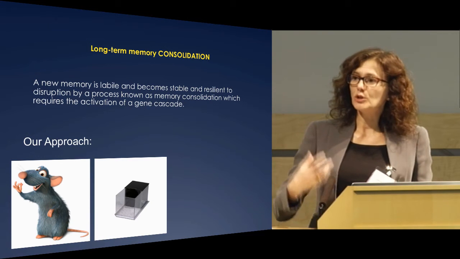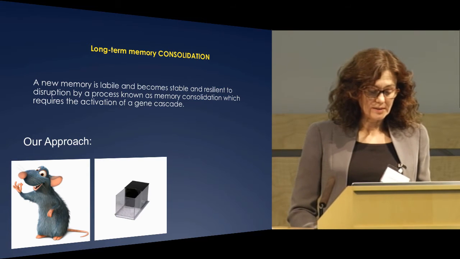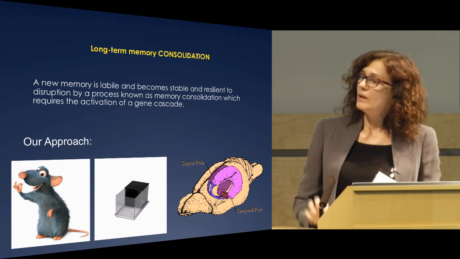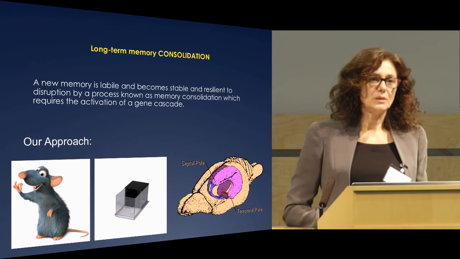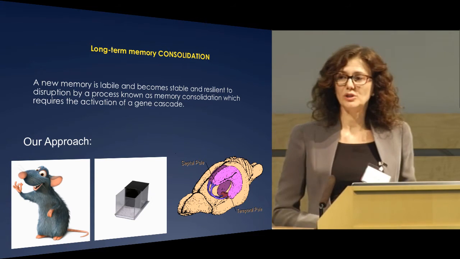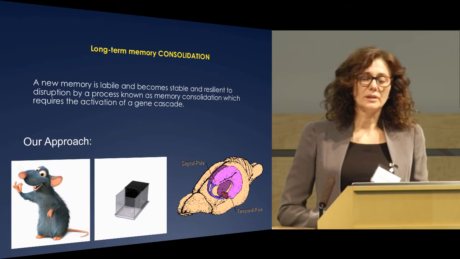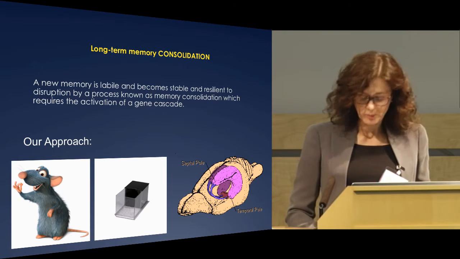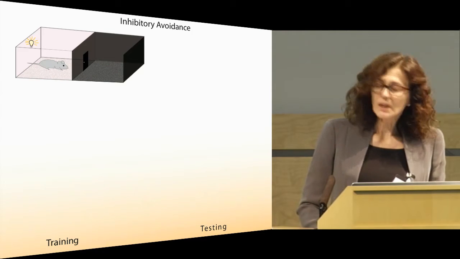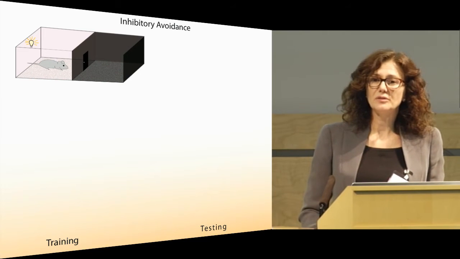We need a single important event. And again, I'm going to describe the task in a second, and then we're going to follow up these events in brain regions. As I mentioned, particularly the hippocampus is one region that we have been interested in because our memory model models hippocampal dependent memories. The task is known as inhibitory avoidance or passive avoidance. It's a fear-based